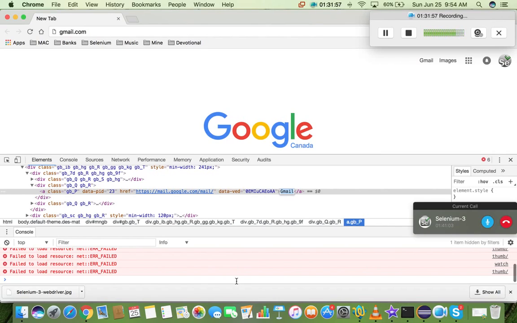So since this is a link based web element, we are going to use partial link text as our element location technique. So in this case, either link text or partial link text, the link text is Gmail. So can you copy that Gmail